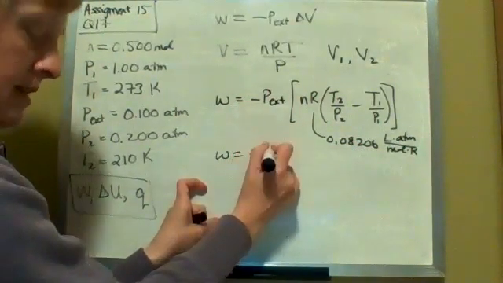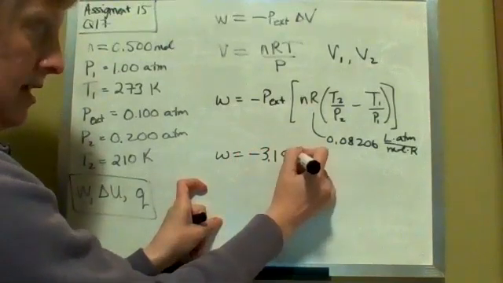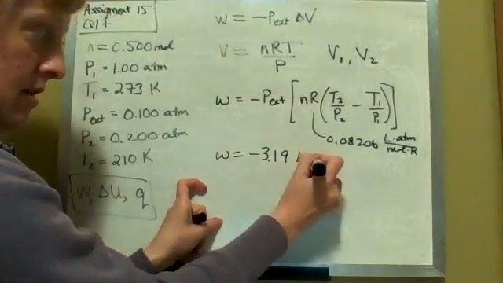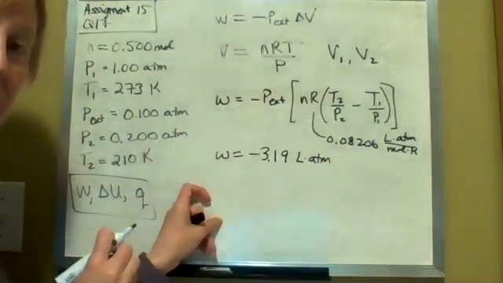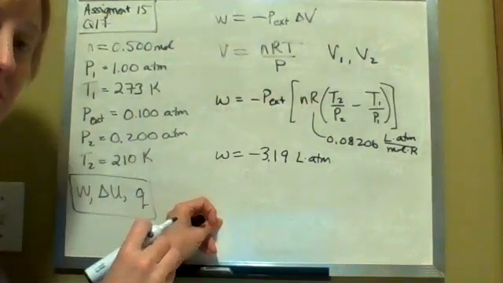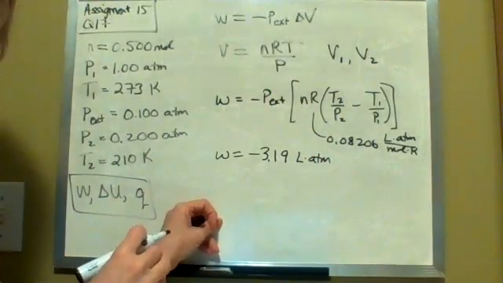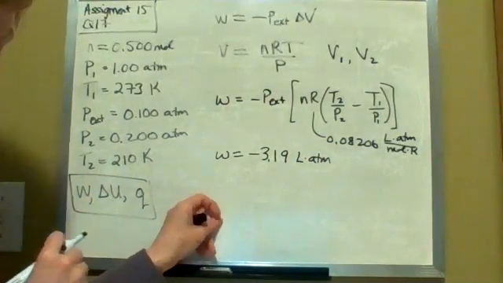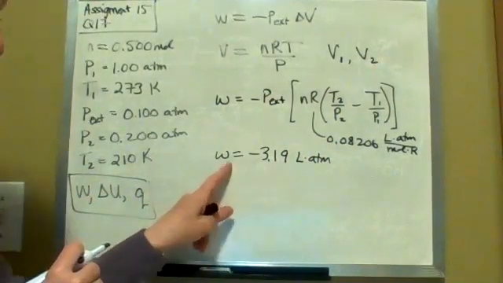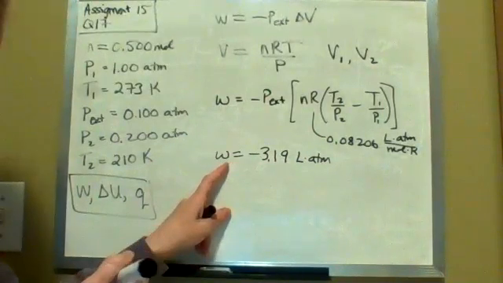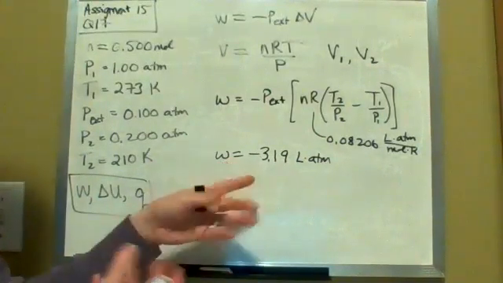So you're going to get minus 3.19 if you cancel everything out. This is liter atmospheres, your units. This is not joules. This is one of the big problems that we end up seeing in the questions, is watching your units. So you have to change this into joules because we don't report work in terms of a liter atmosphere unit. And the easiest way to do this